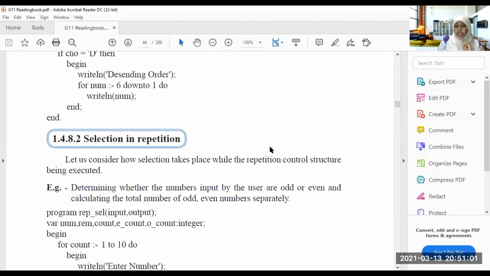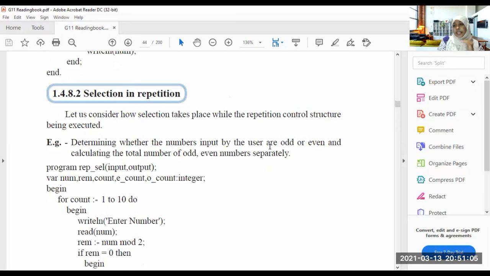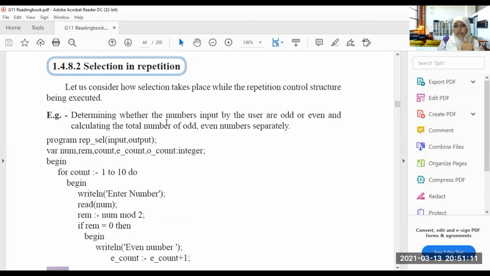Next one, selection in repetition. Let us consider how selection takes place while the repetition control structure is being executed. Determining whether the numbers input by the user are odd or even, and calculating the total number of odd and even numbers separately.